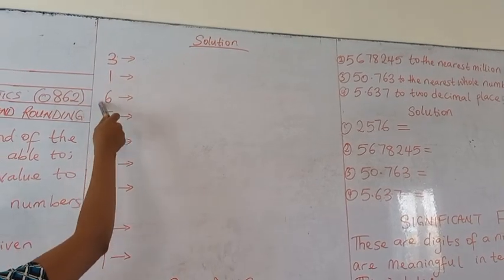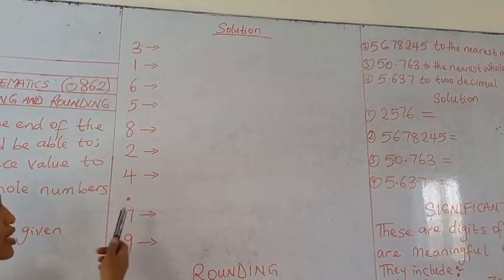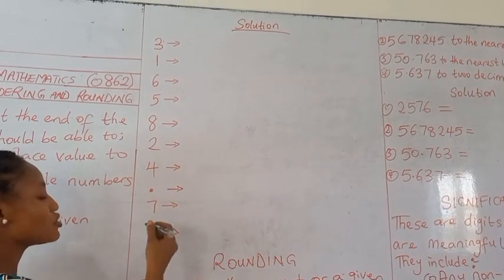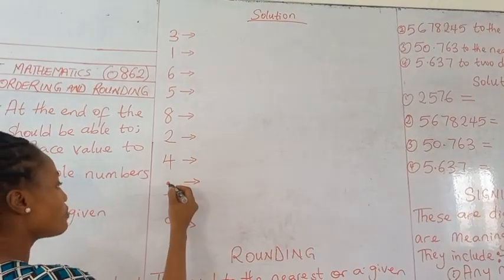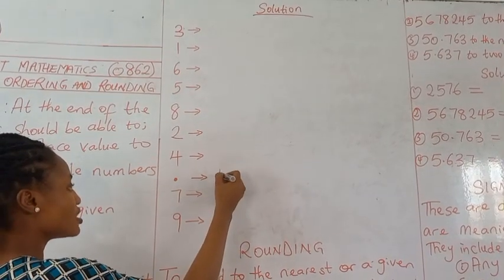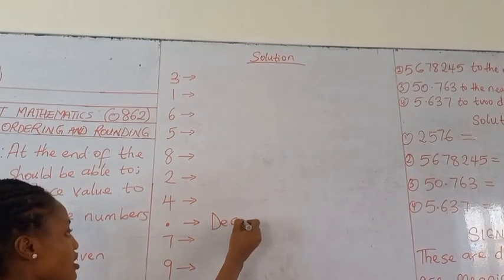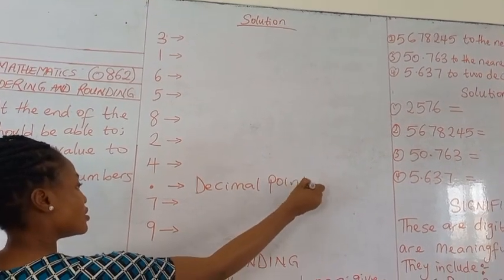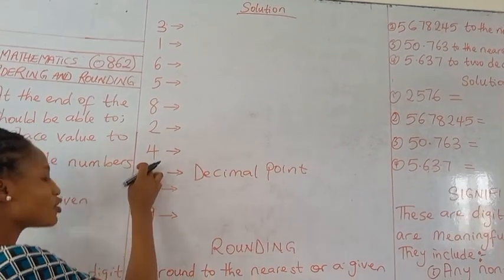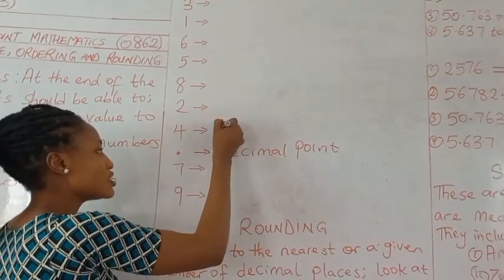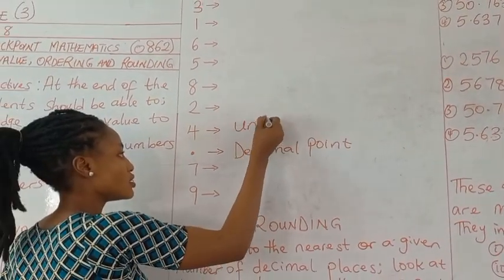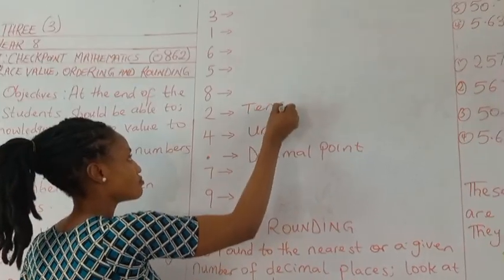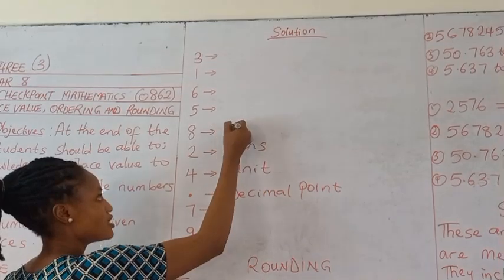We have our digits written out on a straight line. So we begin with, if it has a decimal point, you start from the decimal point. The place value of this is just a point, so there's nothing to write there. It is a decimal point. So we start from the number before the decimal point. That is our unit. Our tens. After tens is hundred,